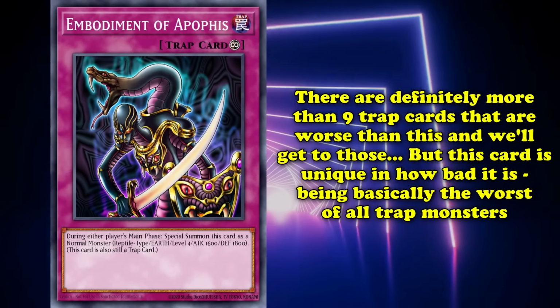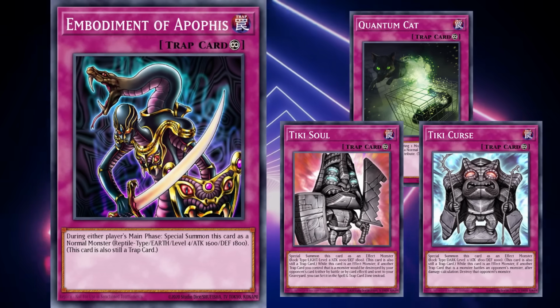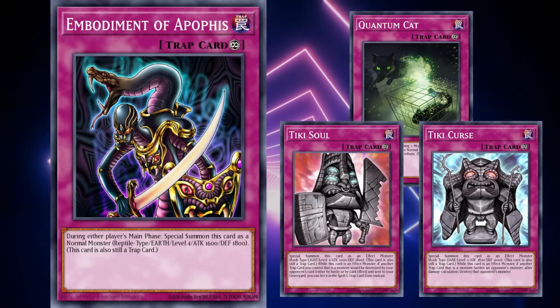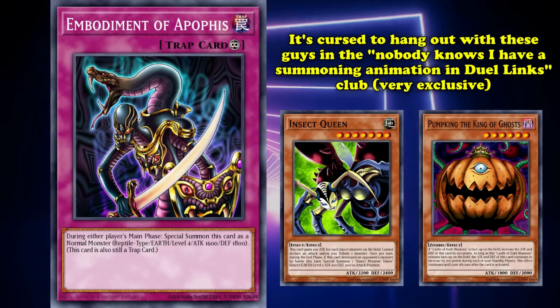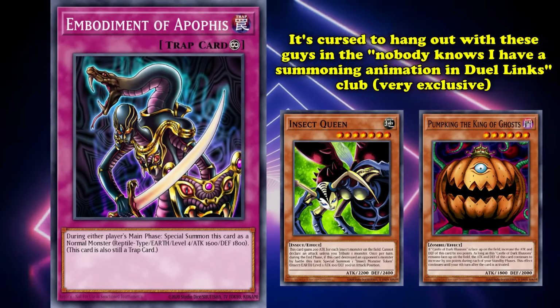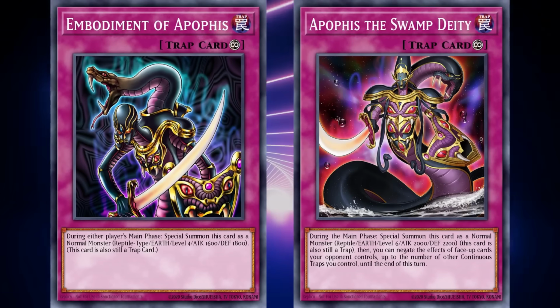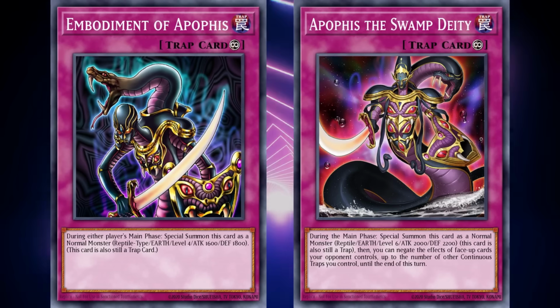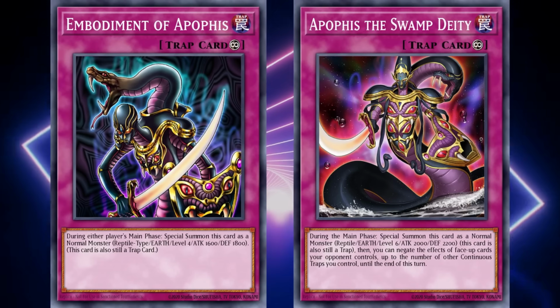It's pretty much the worst of what it is, meaning every other trap monster is bringing stuff to the table that Embodiment of Apophis doesn't. In the end, it's cursed to hang out with Insect Queen and Pumpkin the King of Ghosts as the ace monsters with Duel Links summon animations that no one will ever see. Luckily, it got a retrain with Apophis the Swamp Deity, which retains the main phase binding but has better stats and a mass negation that scales with your face-up continuous traps,